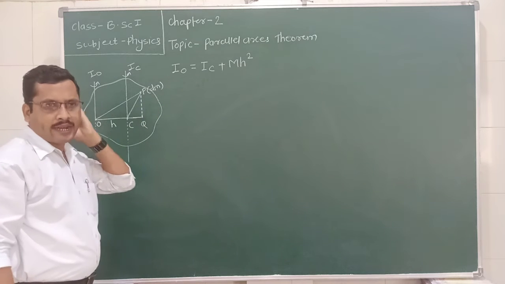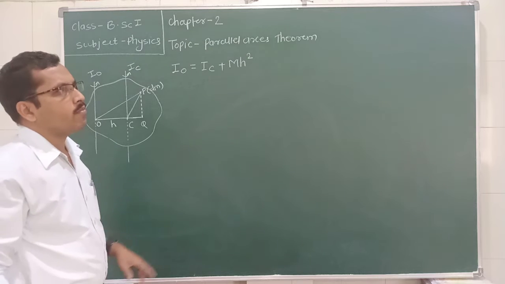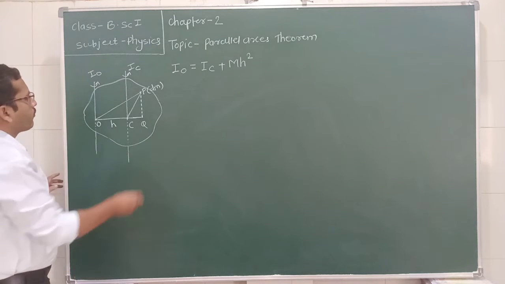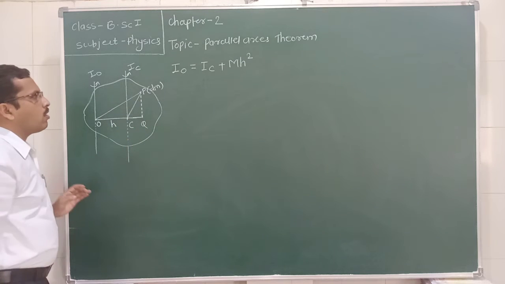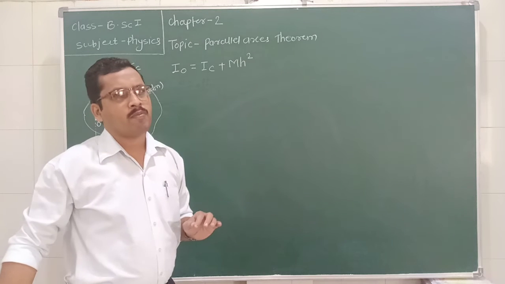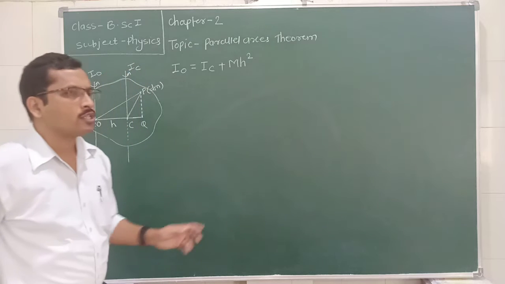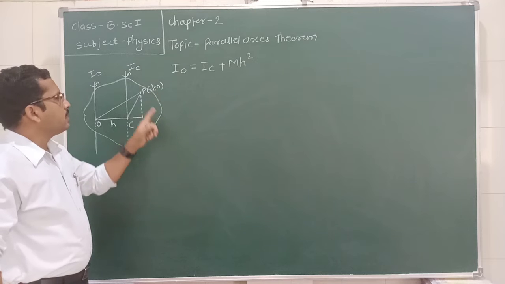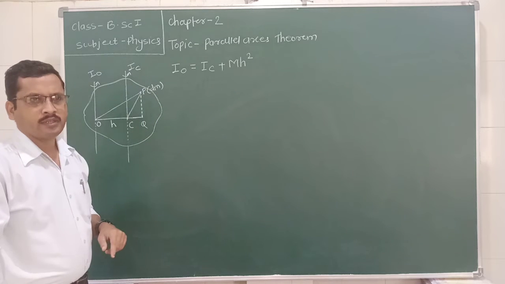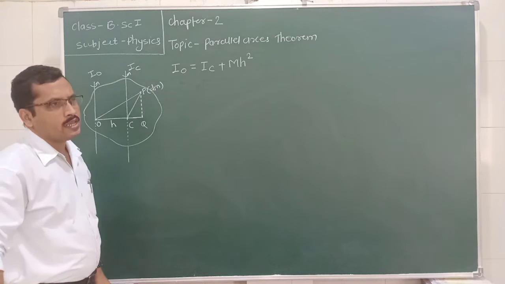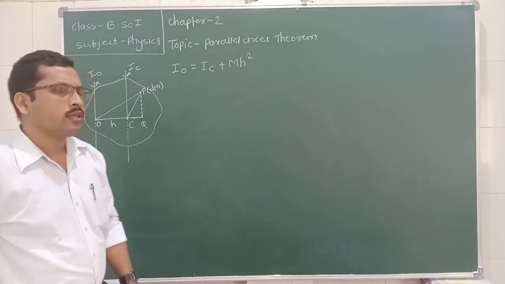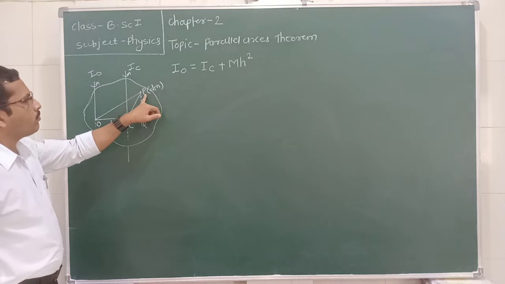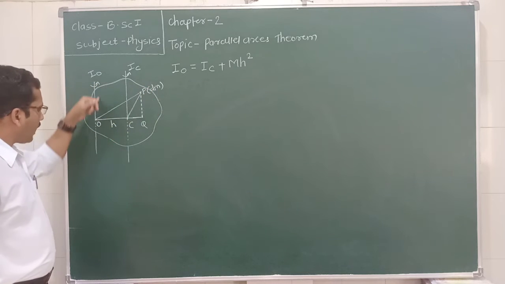We know the moment of inertia of a body about any axis. Consider a rigid body made up of a large number of particles, and the mass of each particle or each small region is equal to dm. Consider such a point P at which a small mass dm is situated. If we need to find the moment of inertia of this mass dm about this axis of rotation